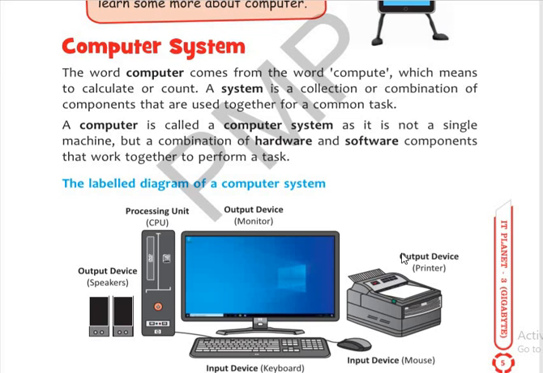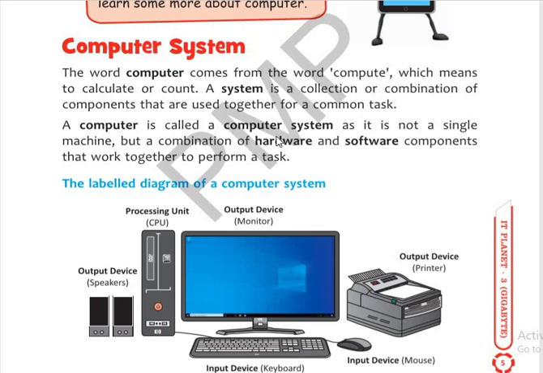Now here you will raise a question, what is hardware and what is software? The simple definition is: hardware is the things that we can touch and feel, like monitor, keyboard, printer, mouse, CPU, speakers. And software is the things we can only see but cannot touch, like our operating system, that is Windows 7, our computer icons, our animations. These all are software. So this is a computer system.